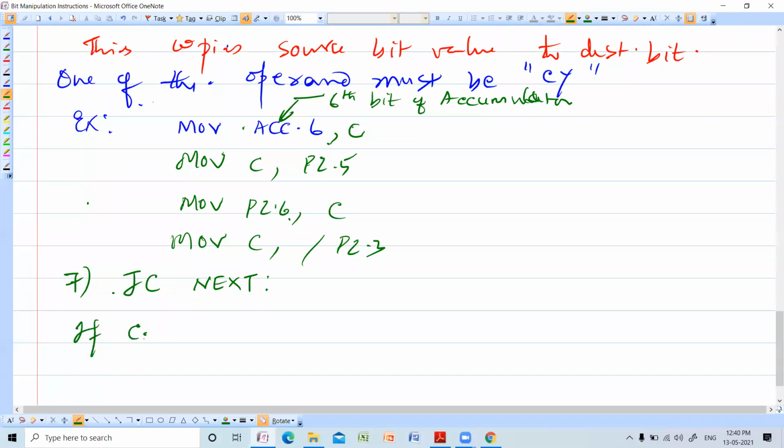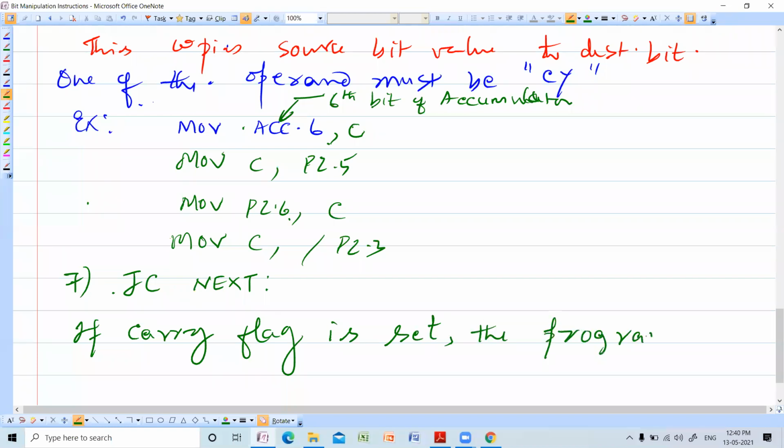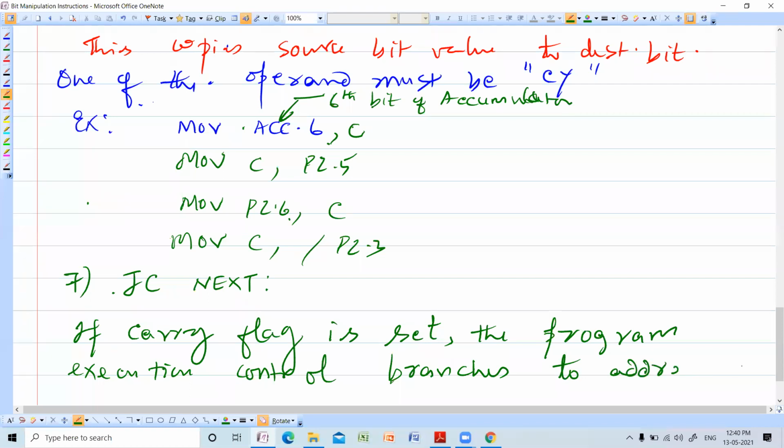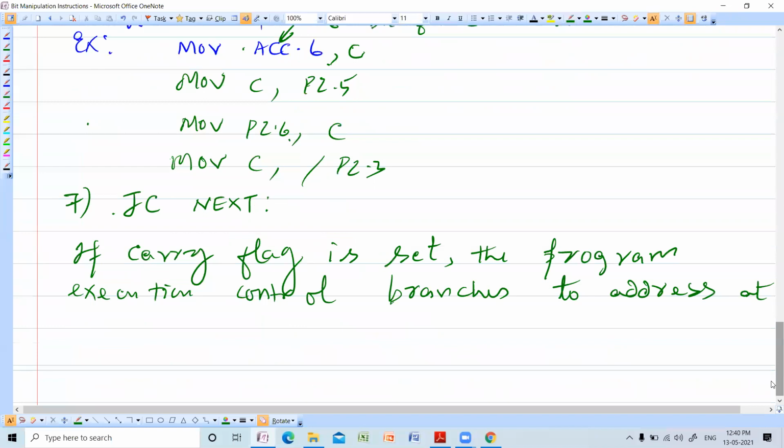If the carry flag is set, the program execution control branches to the address at the label.